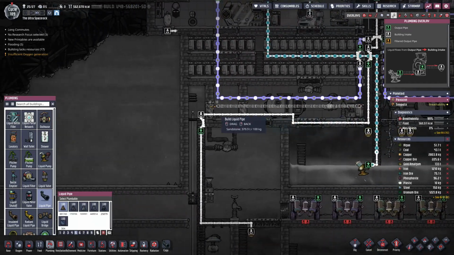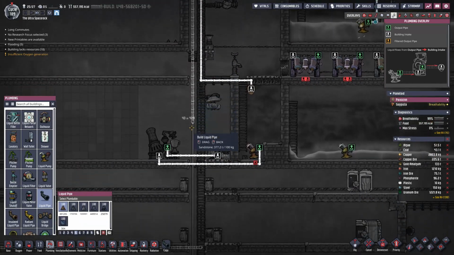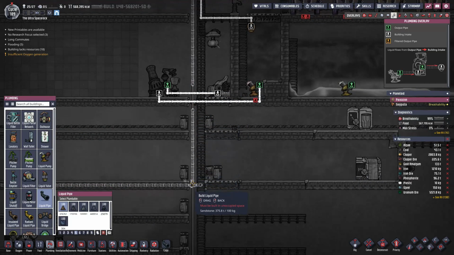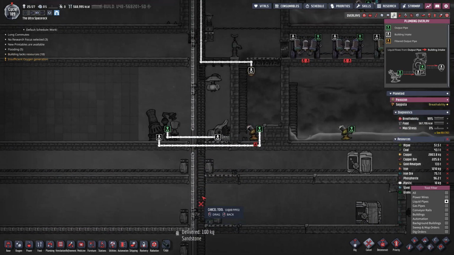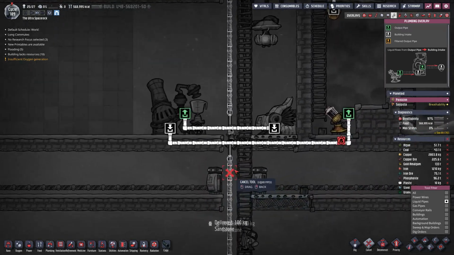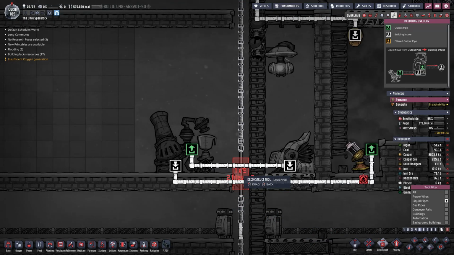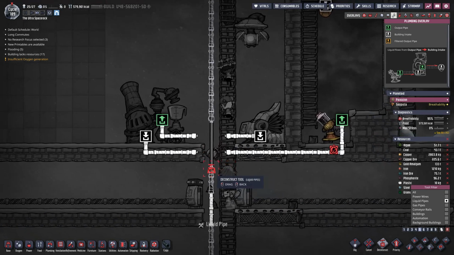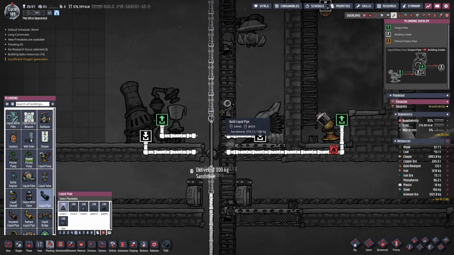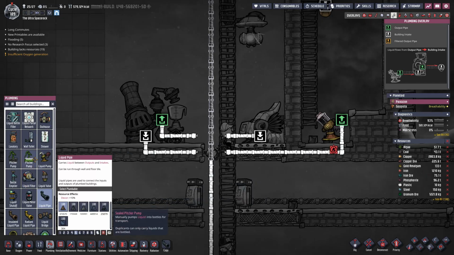So let's take a pipe along here. And then straight down here and to there. We'll cancel that so that we're ready to watch it happen. We will deconstruct them. And take the pipe straight through. Then, with liquid bridges,